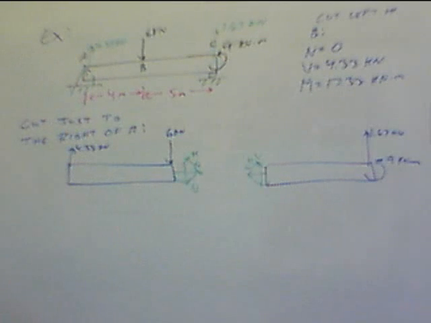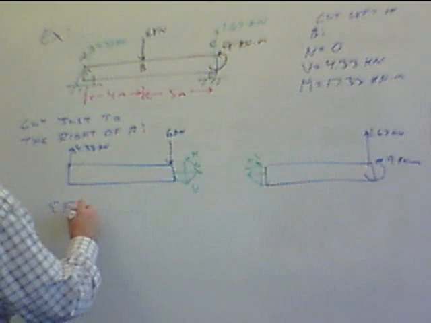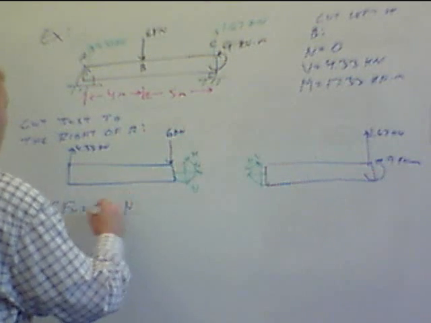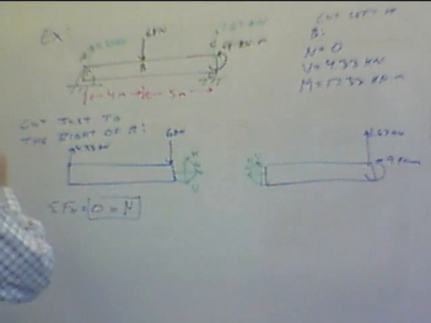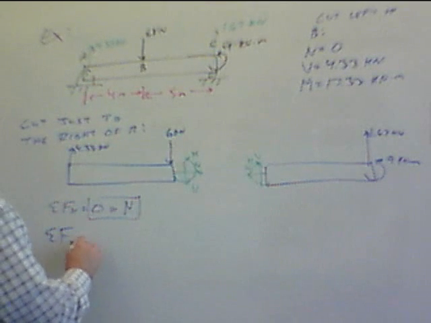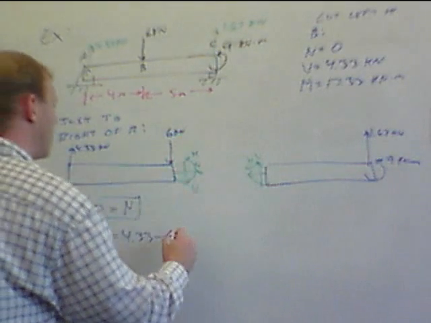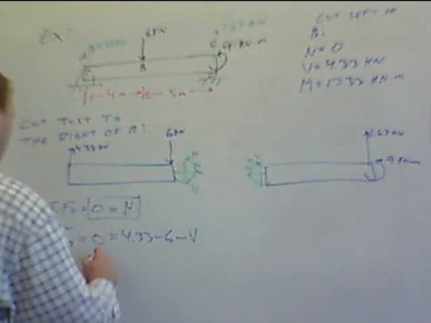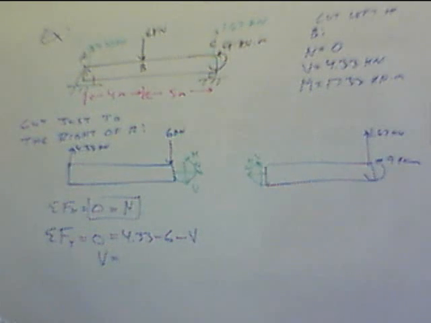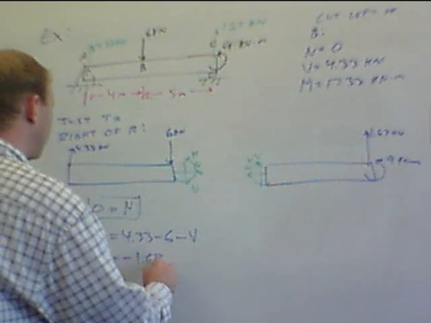Okay, so going through this a little bit quickly since we've seen this just a few moments ago, we'll show that it does give us the same result either way. Summation of forces in the x equals 0 is N, so N equals 0. Summation of forces in the y equals 0 equals 4.33 minus 6 minus V. That gives me that V is equal to a negative 1.67